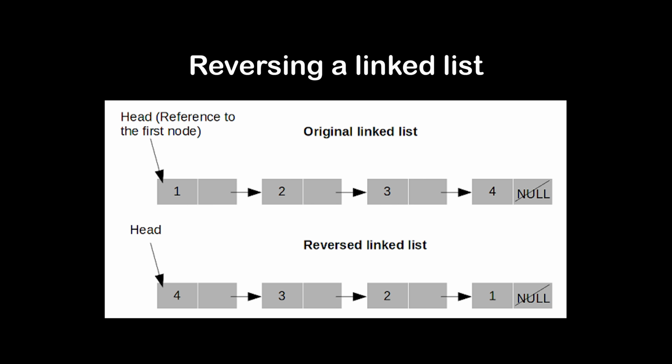So the best example I can think of is reversing a linked list. Why is this such a meme on tech YouTube? Well, that's because if you draw it out on a whiteboard and you ask someone to reverse the drawing, they will be able to do it. You just erase the arrows and you point them the other direction. But when you ask them to code it, a lot of people will struggle. But if you can reverse the drawing, the code is just doing the exact same thing. Just look at what you did and then code that. So then translating from the drawing to the code is really just asking a series of questions.